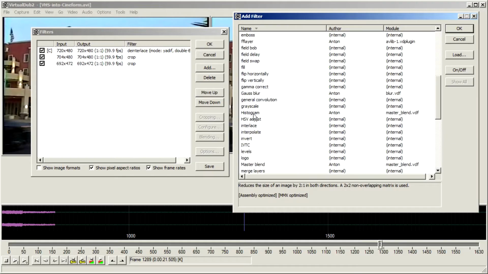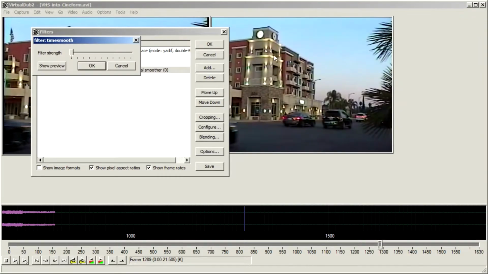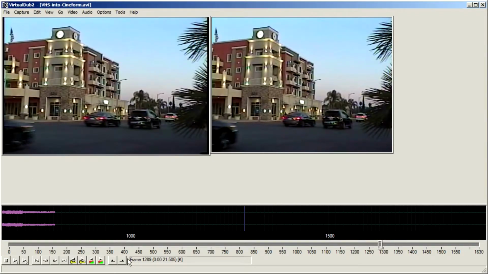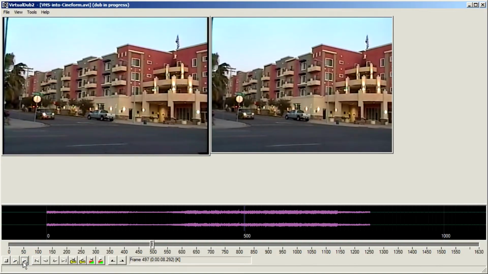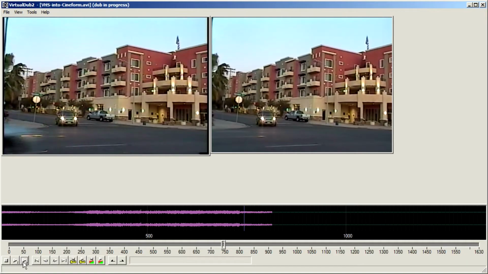There are several filters that help reducing noise. One of them is Temporal Smoother. In my practice, strength between 5 and 7 reduces shimmering completely, but this doesn't come free. You may lose fine details and your image may start looking plasticky. It is up to you whether to use Temporal Smoother and how strong you want it to be.